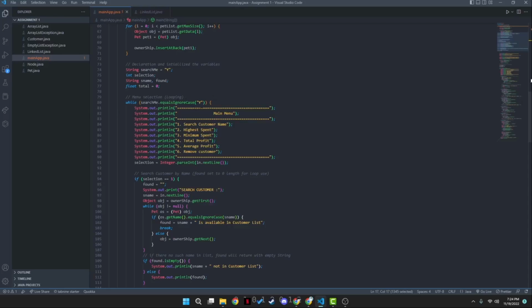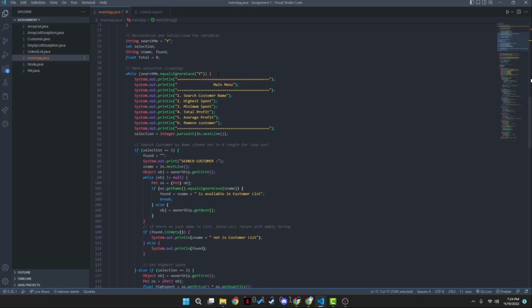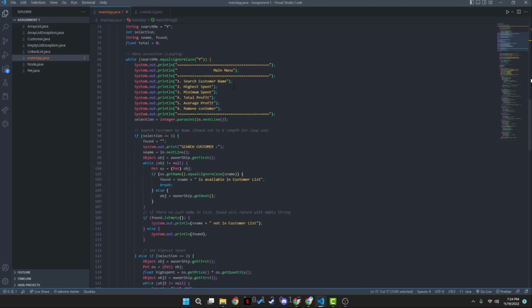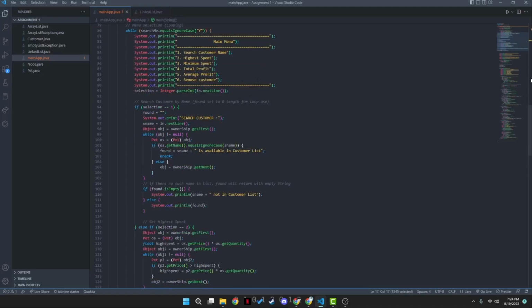If search me equals y, it is still looping, and if n, it will end the loop. So for the main menu, we have 6 options. First, search name. Second, highest. Third, minimum. Fourth, total. And 5, average. And 6, remove. For search, we prompt the user